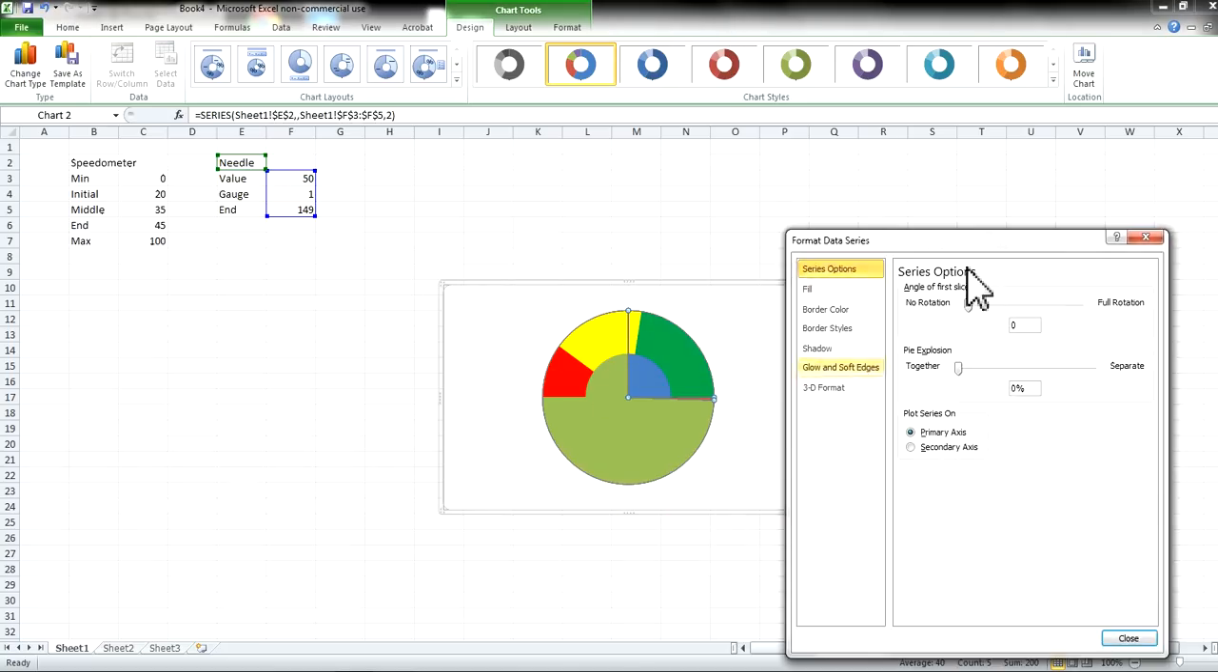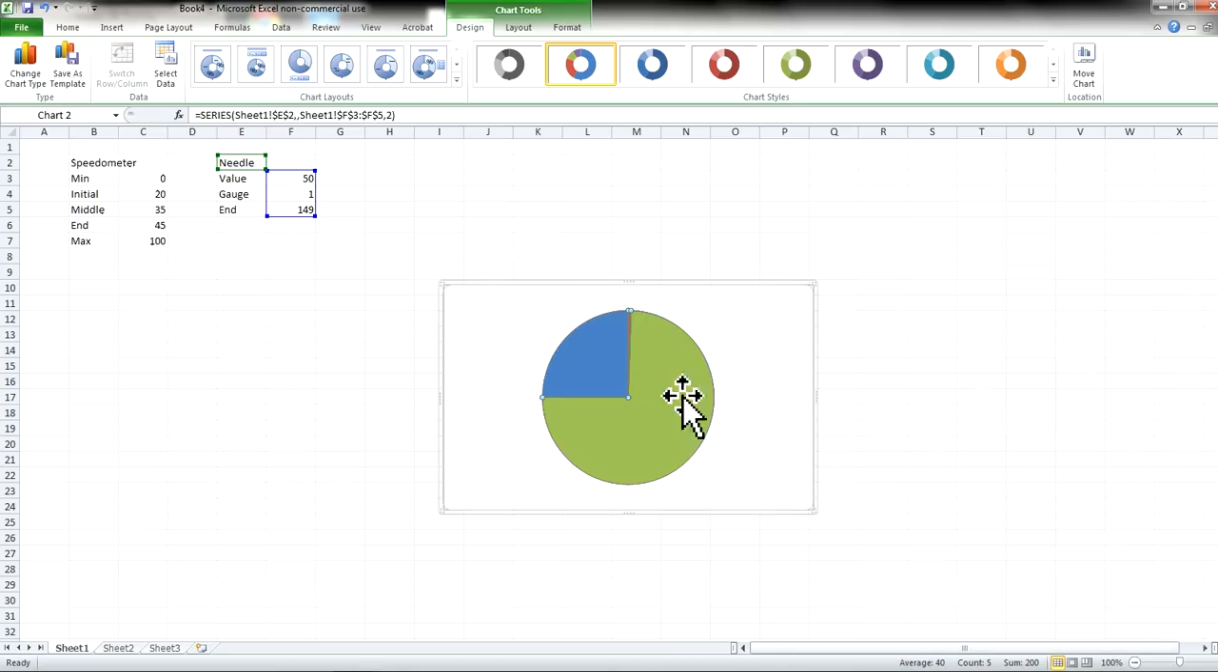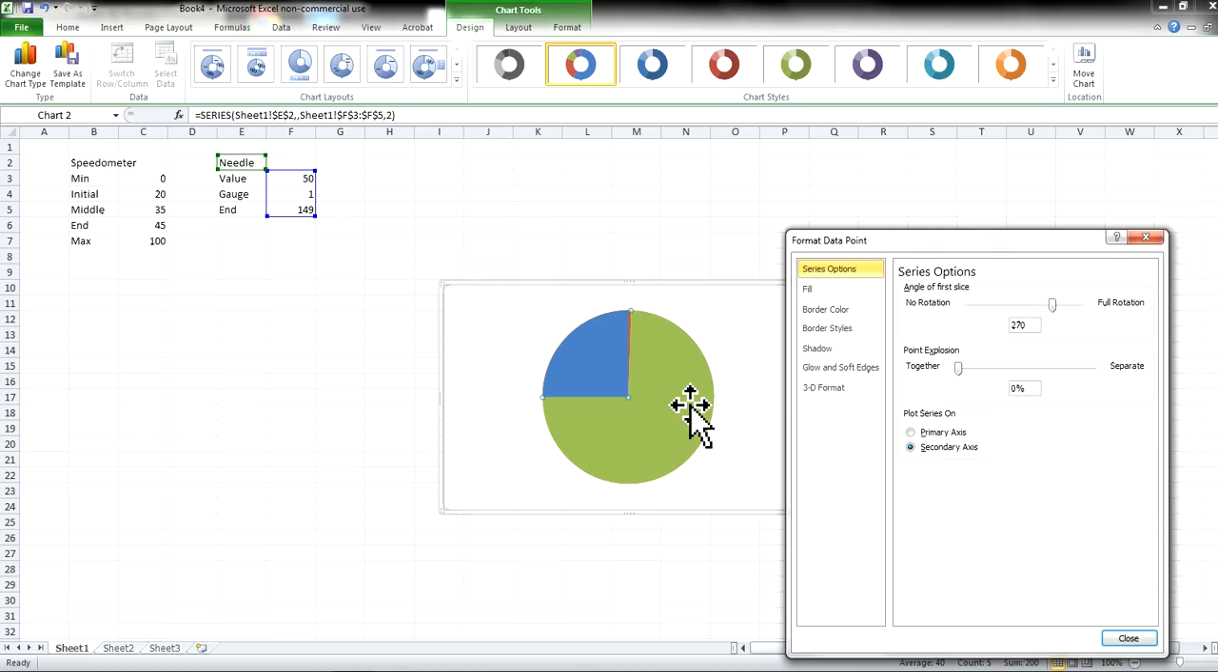data series. Now what you do here is go right on the bottom of the first option where it says plot series on, and click on secondary axis. After that, you go to where it says rotation, and we're going to put the same rotation that we put on our donut chart, which is 270, and click enter. Now when this happens, you have to click on the biggest section of your